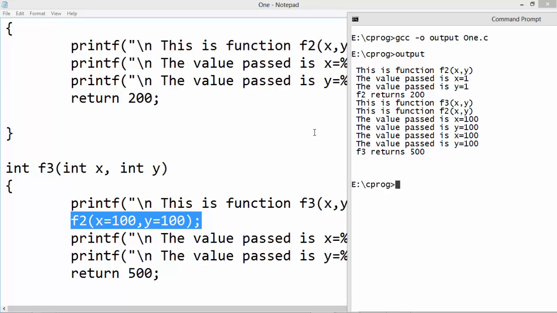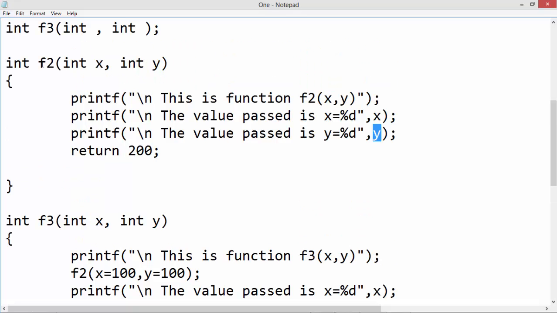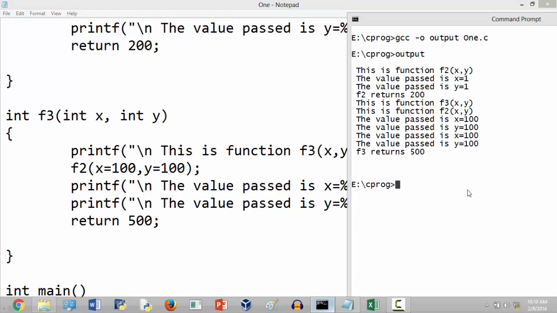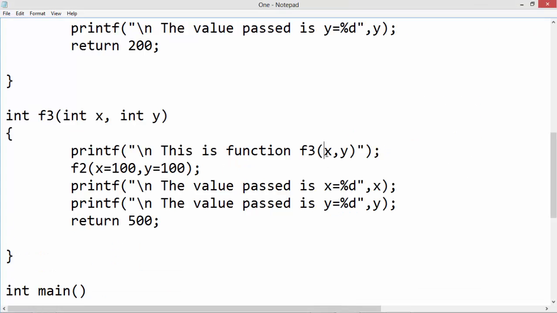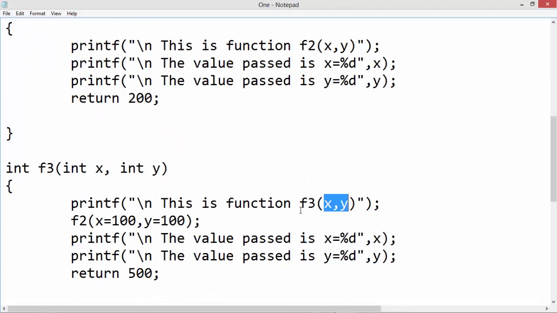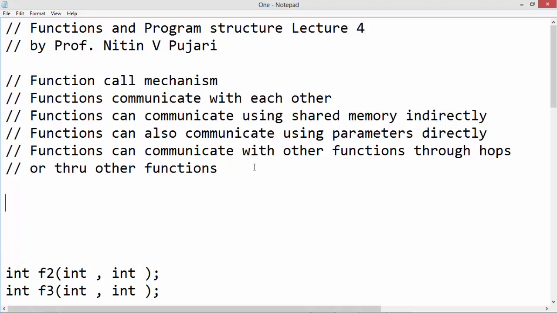Then when I have called this function, it has gone inside the function, and here it has displayed the value of x and y, which is the x and y of f2. And when I came out again after I called the function, I printed the value of x and y, which is this x and y, which indicates that when I pass this parameter of x and y to this function, the value of x and y remained intact. Okay, so that we call pass by value,